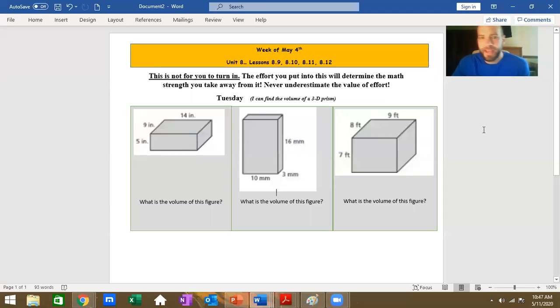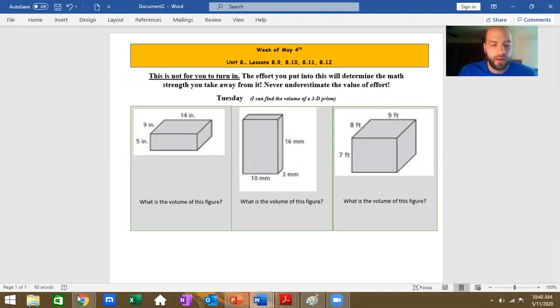Hey guys, happy Tuesday. All right, we're going to still work with volume of three-dimensional figures, but we're going to go one step further. Instead of looking at it with little cubes, we are going to look at three-dimensional prisms. Just look at some measurements, and with those measurements, we will be able to determine the volume of the figure. And some of you guys are already at the point where you can do this,